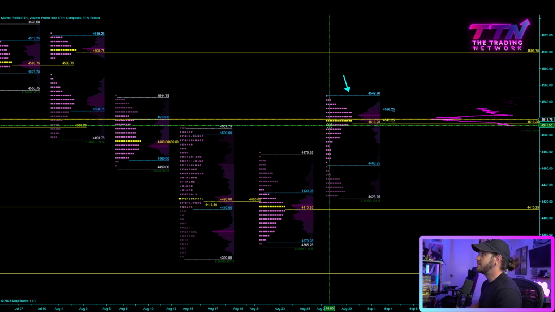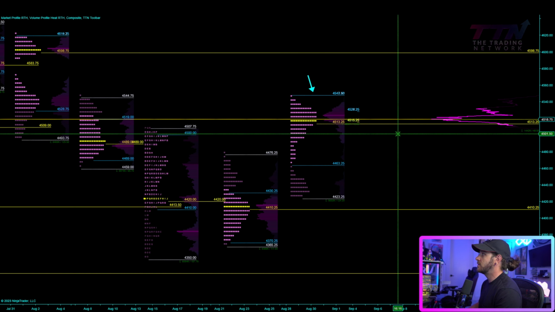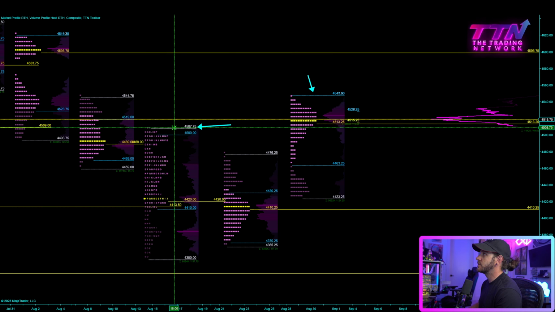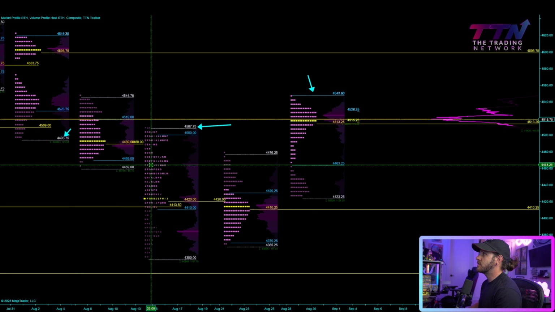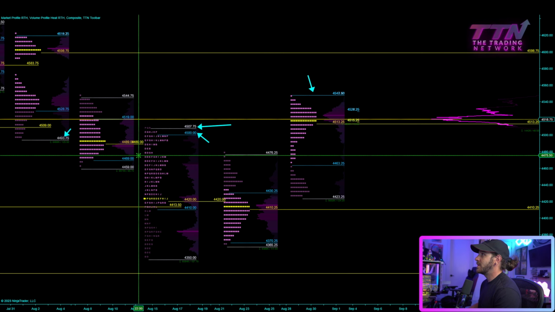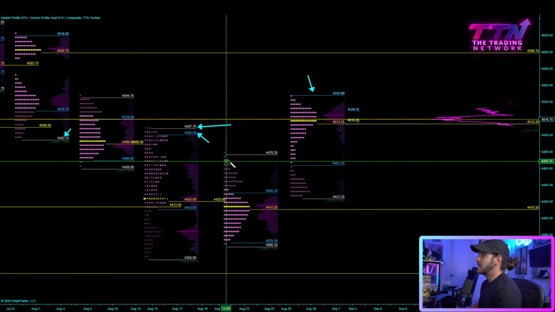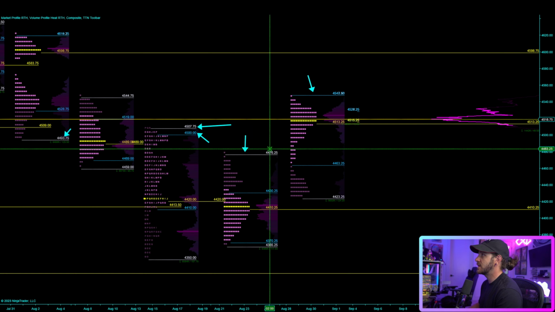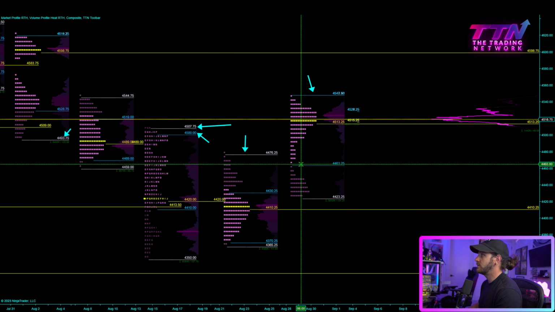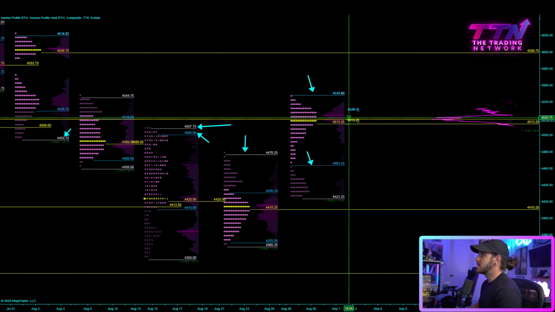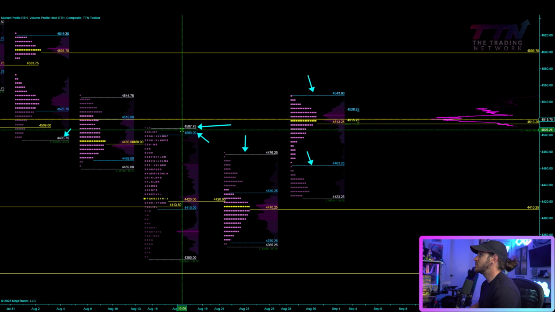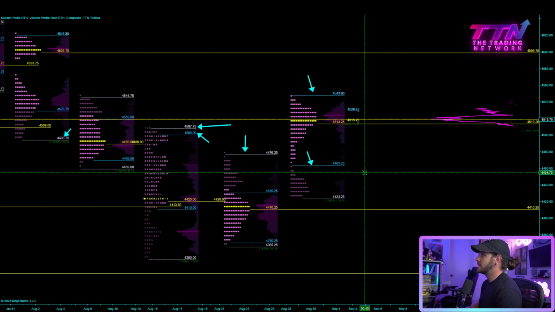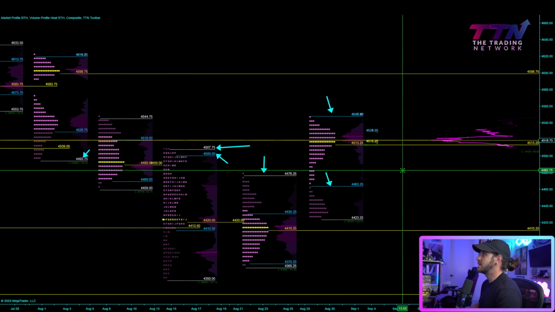We're also sitting above the POC on ES from last week's profile, 45.13. If we break 45.13 to the downside, look for moves to 45.07, 44.93. 45.00 is probably going to be a pit stop. We have 44.89. That is a point of control, but I like not last week's high, but the prior week's high at 44.76. I think that's a pretty important level as well. So these would be price stair-stepping down: 45.13, 45.07, 44.93, 44.89 maybe, and then 44.76 and 44.63. So keep an eye out for those levels to the downside on ES.